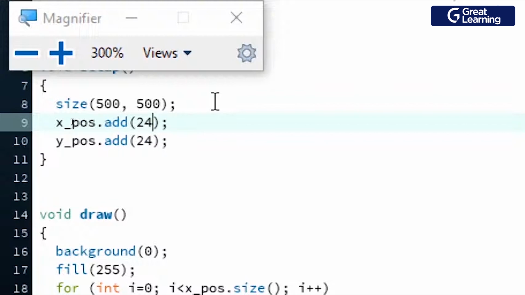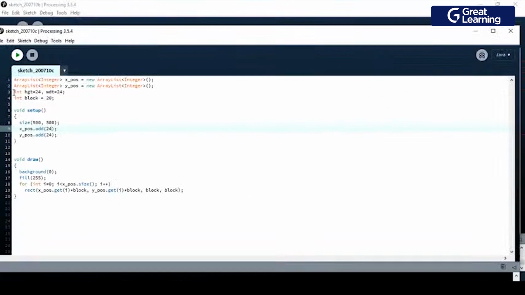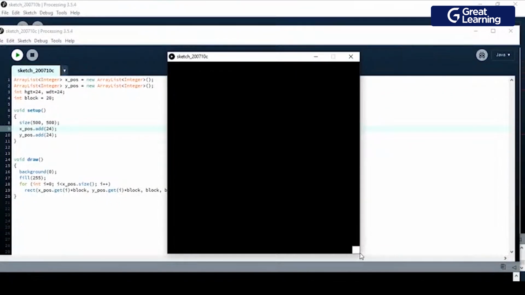We are using 500 by 500, the length and breadth. Because the original width and height of this IDE will be different, I am just using this size to represent all those things. So if I write 24, then you see the pointer is here.